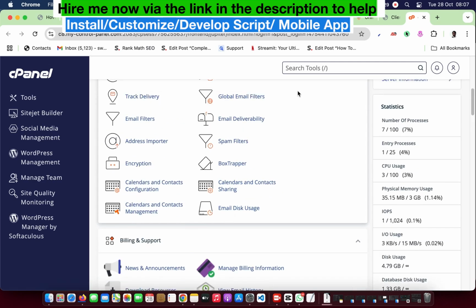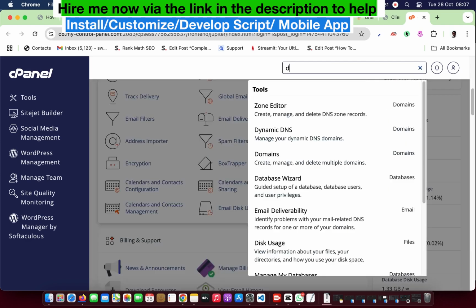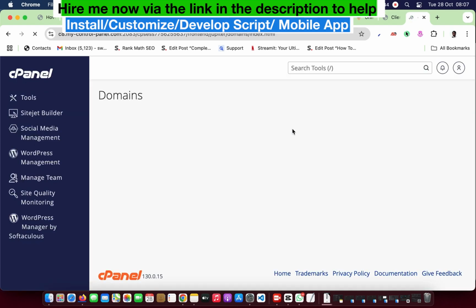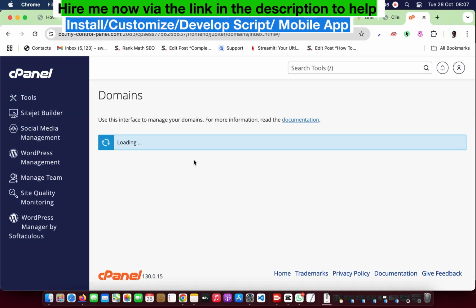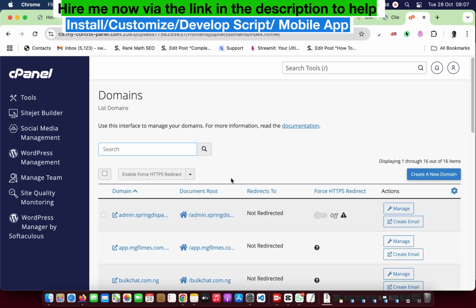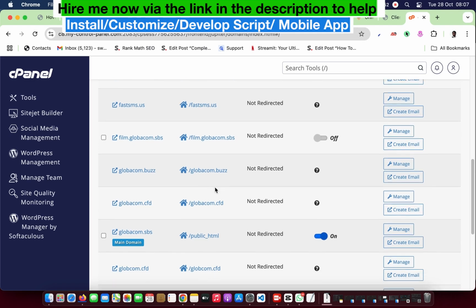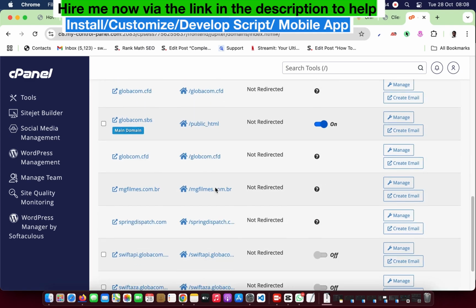So I'll search for domain, and then create a domain. I have a lot of domains connected here, so I'll just pick one of the domains